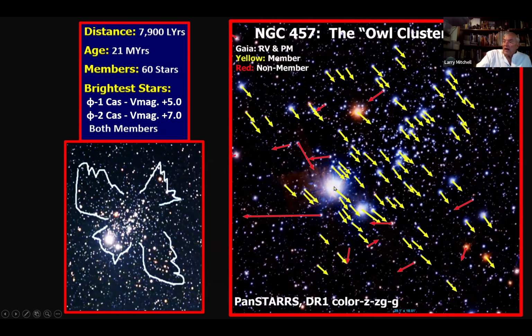Phi Cassiopeiae number 1 is one of the brightest stars that we know of. It's brighter than Rigel. Actually, it is a very, very bright, massive star. And 2 Phi Cassiopeiae is a very bright variable star. I think 456 is the name of the star, and it's a bright variable star. So that's some